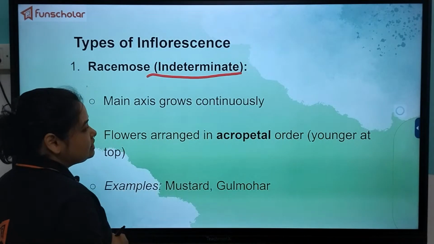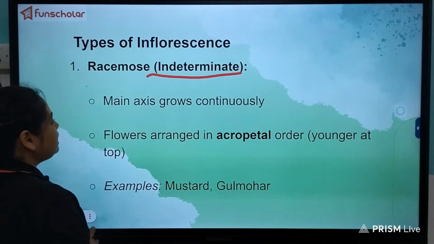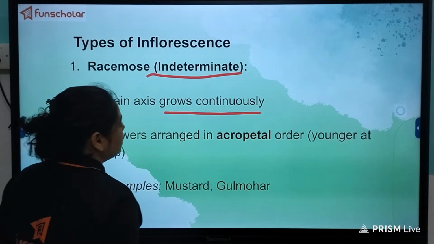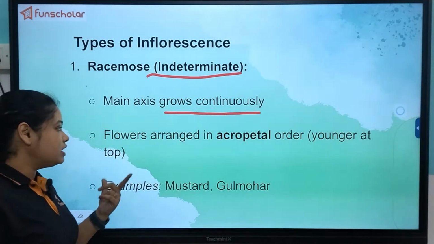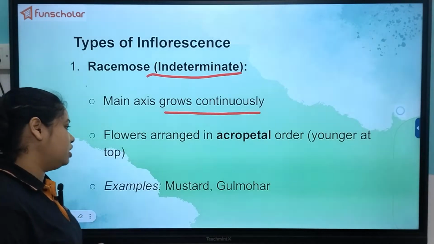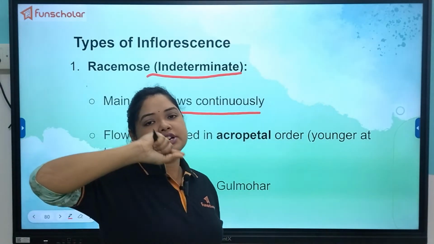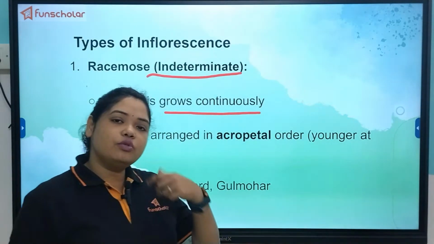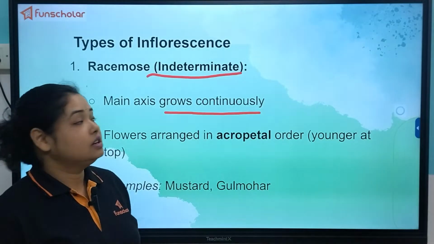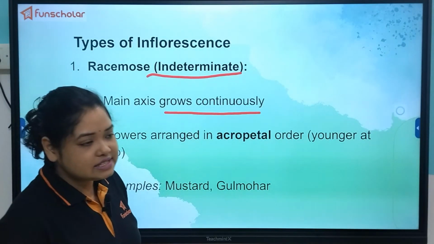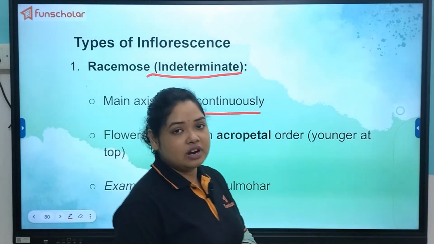Indeterminate means there is no definite length of the floral stalk. So the main axis can continue to grow. The flowers are arranged in acropetal order, which means that as the stalk keeps on growing, new buds and new young flowers keep on arising simultaneously. So there is no definite length, and this type of arrangement is advantageous